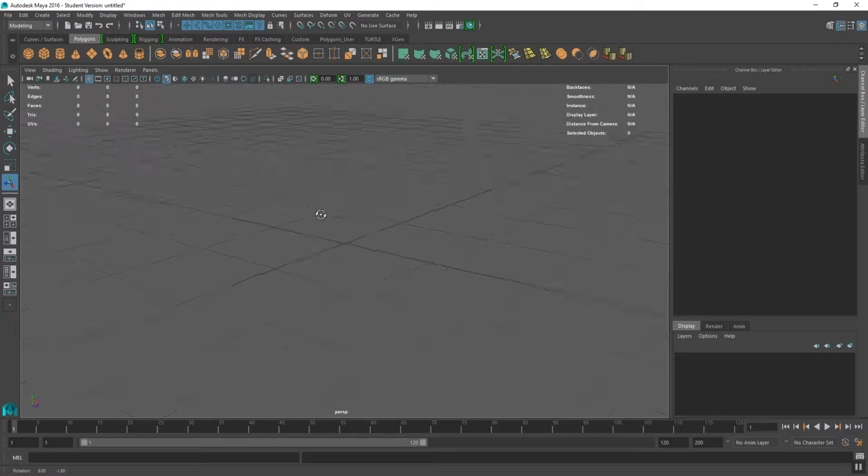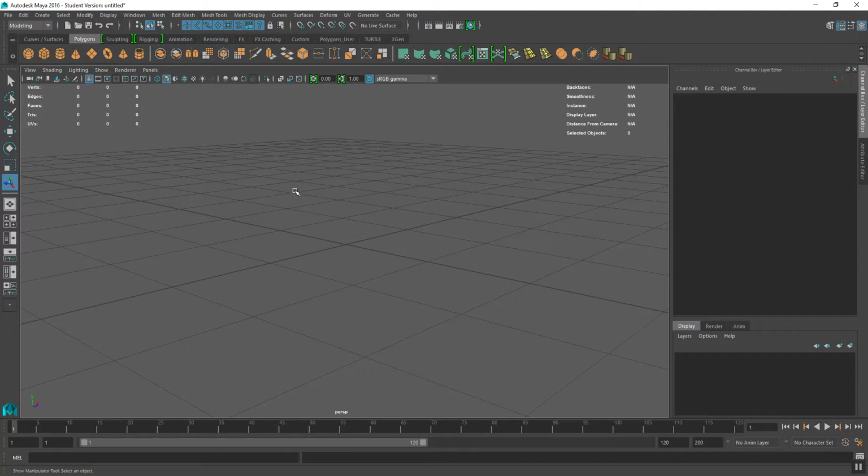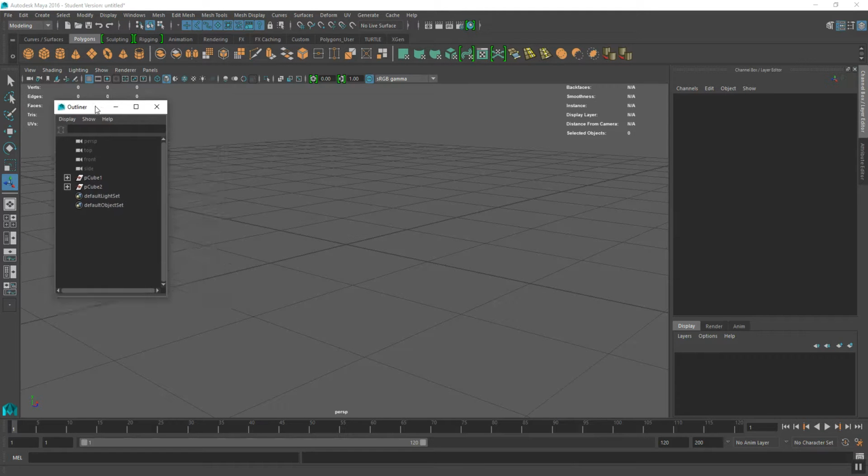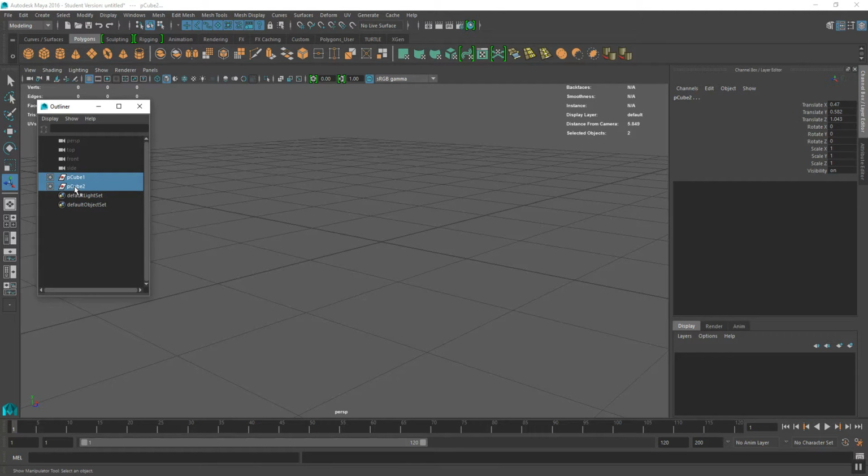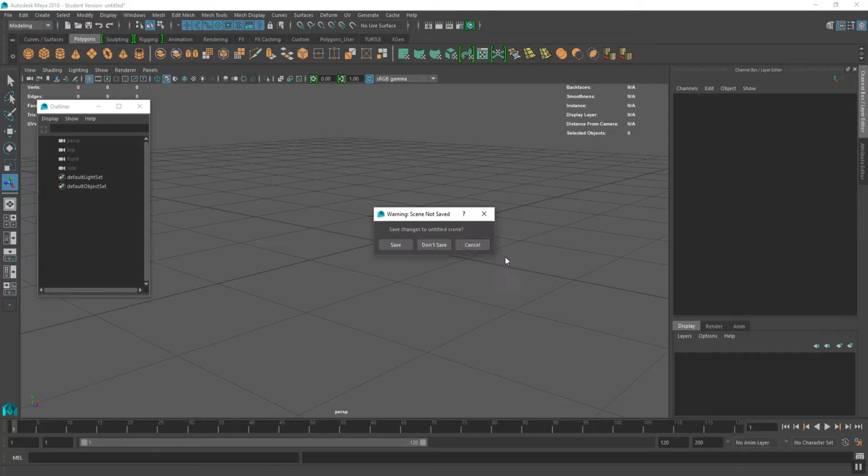This is just a quick introduction to the outliner. The outliner, which you can go to Windows and Outliner, is a really useful little window. And what that does is, I'm just going to delete these things here. Normally, by default when you open a scene, if we go to File and New Scene,